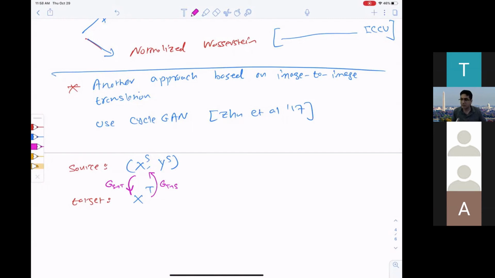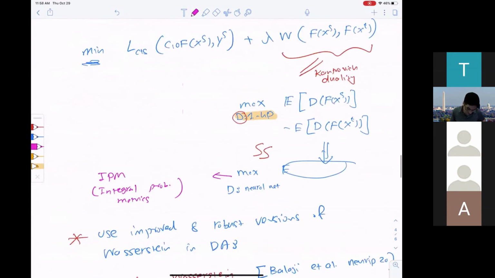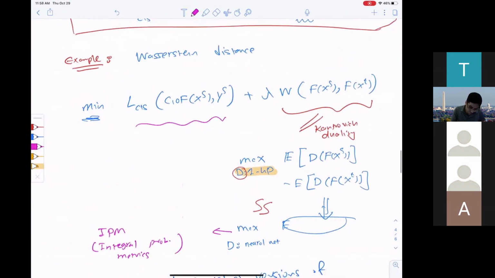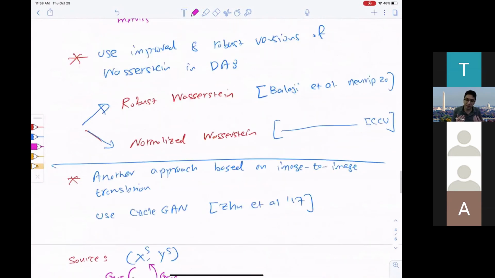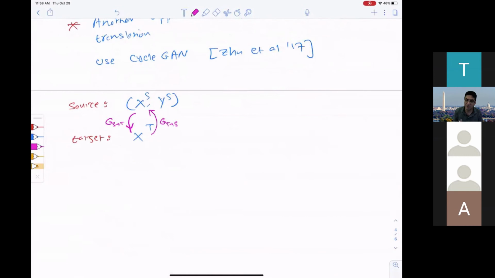Okay, so the first term will be the same old, minimizing the classification loss. But what about the other term? We want to learn these functions so that they provide consistent samples from the other domain when we map with them. For that, we need two discriminator functions: one discriminating samples that are mapped from source to target from actual target samples, and the other discriminating samples of target samples mapped to the source domain from